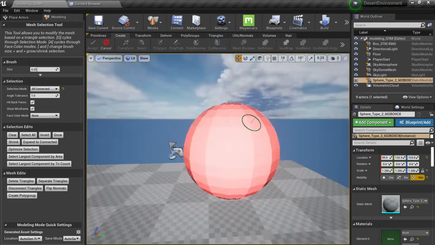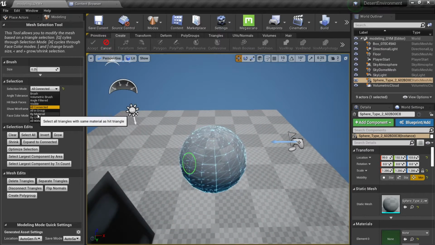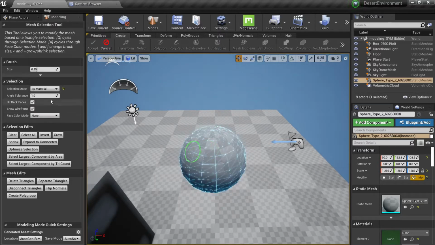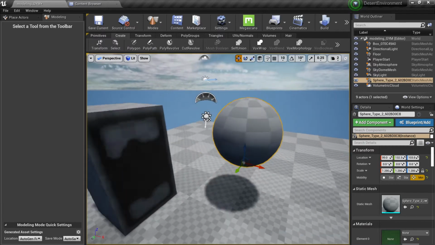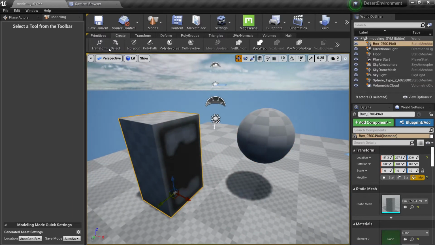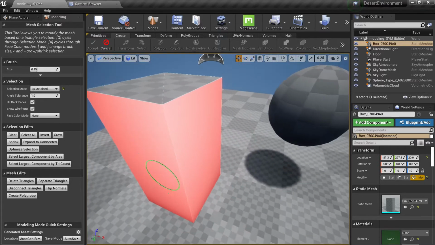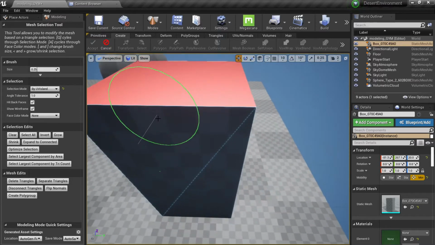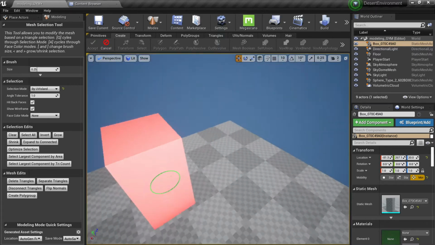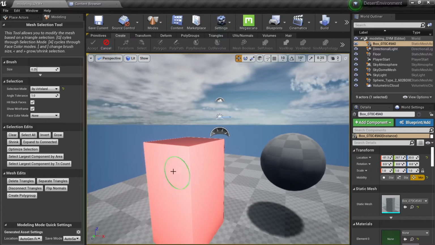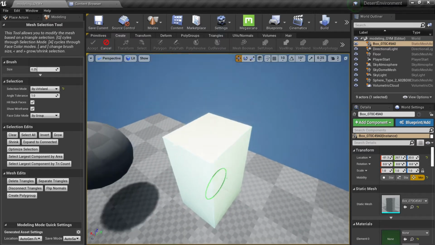For example, this one. And you can also check by material. This is also very nice. By UV island, which you cannot see now because it's all one UV island. But if I select this one UV island, I can select different ones. Now notice I don't need to hold shift to click. It will automatically add all the faces I click. Only if I hold shift, I will delete the faces I clicked before. So